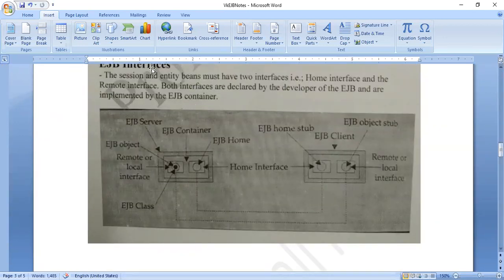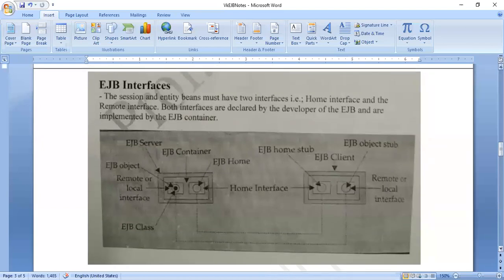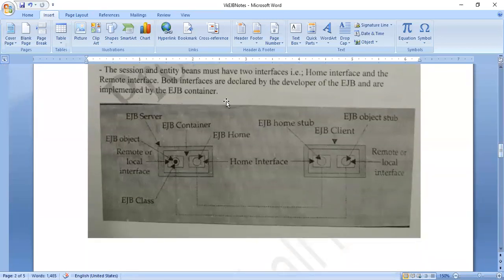Some extra important definitions I'll be adding to the notes. Whatever I have covered so far, I hope at least the JDBC program I have also demonstrated to you. Some of the simple programs, if you want to execute again, I will send those programs in a separate file. I hope all of you have understood whatever I have covered.